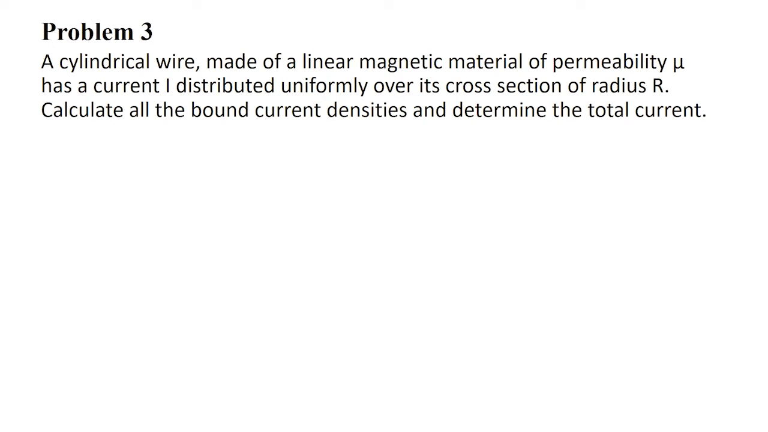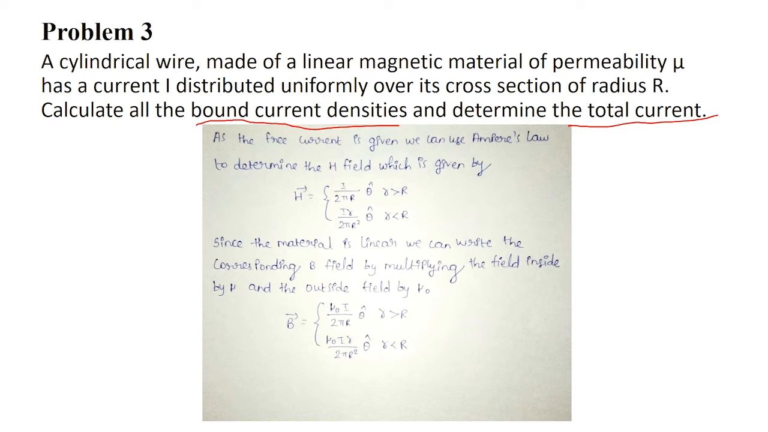See the third problem. A cylindrical wire made up of a linear magnetic material of permeability mu has a current I distributed uniformly over its cross section of radius R. Calculate all the bound current densities and determine the total current. Let's see the solution. As the free current is given, we can use Ampere's law to determine the magnetic field strength, which is given by